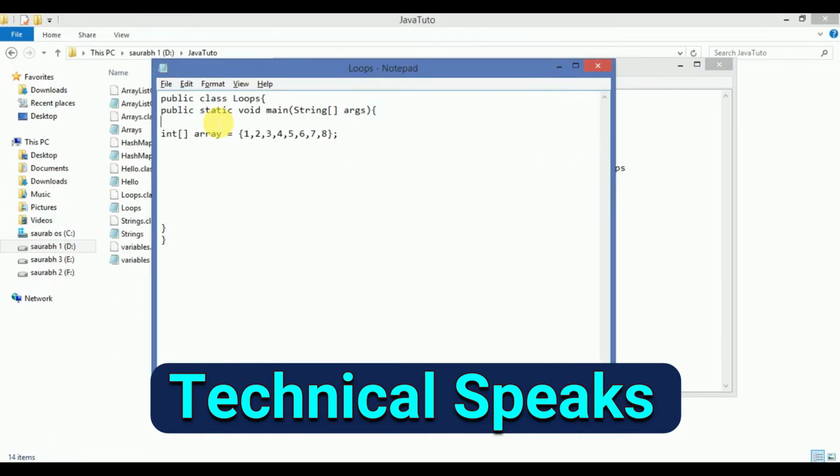Go to the code, and first write public class Loops and then public static void main, String square brackets args, and inside we first pass an array which consists of 8 elements from 1 to 8. As you can see here, at the 0th position we have the element with value 1, and at the last, the 7th position, we have the value 8.